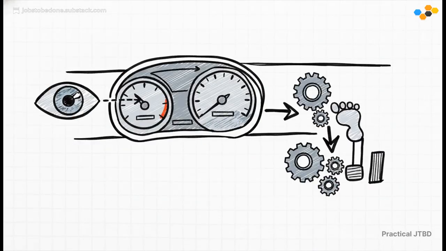We all fall for this trap. It's called the control fallacy. We think just because we can see a problem, we're somehow in control of it. But let me ask you this. Does staring really hard at your car's speedometer make the car go faster or slower? Of course not. The speedometer just tells you what's happening. The gas pedal and the brake are what let you do something about it. Most dashboards are just very, very expensive speedometers.